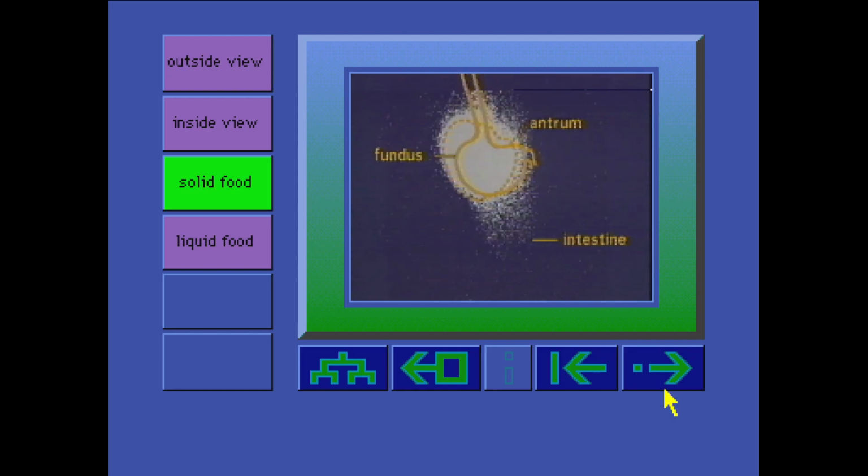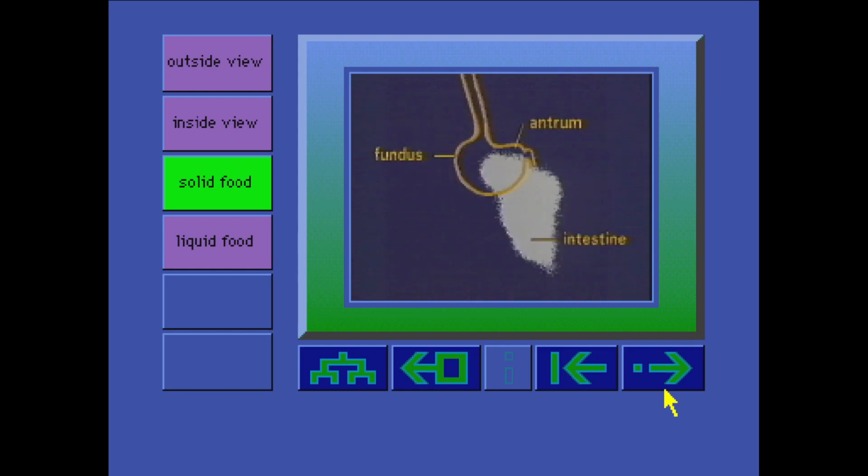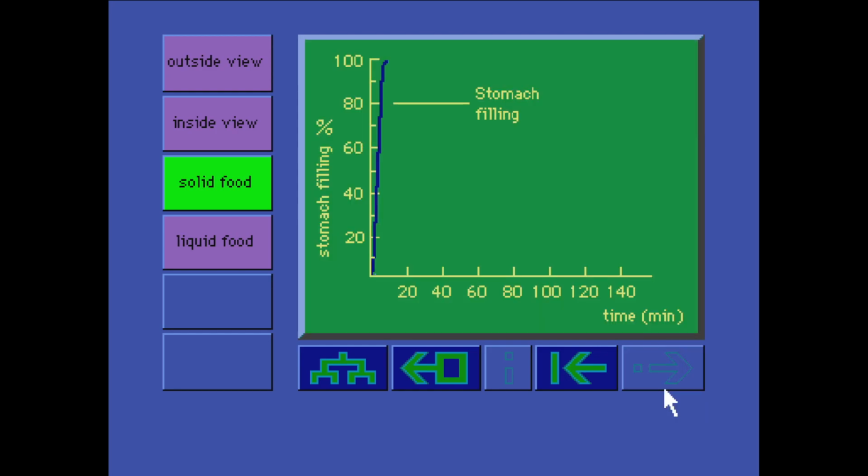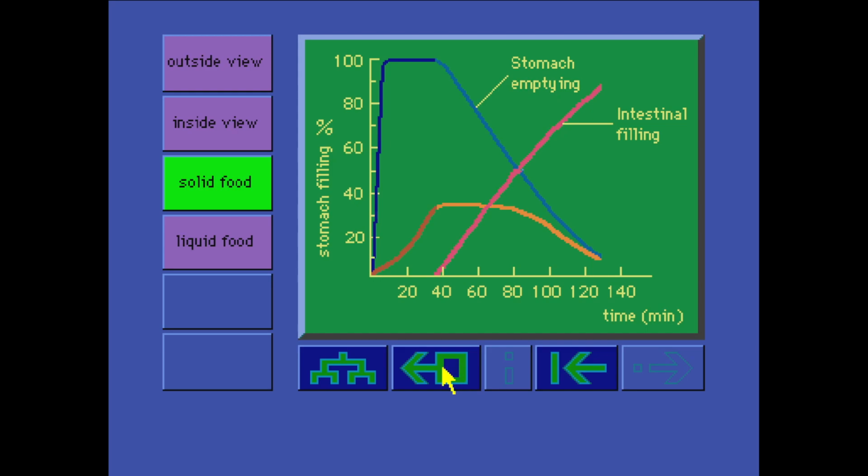In fact, the amounts of radioactivity appearing in the total stomach, in the antrum and in the intestine were measured as a function of time. When plotted in a graph, it appears that the stomach is rapidly filled. The food, however, is not immediately transferred to the antrum to be mechanically processed. In fact, it is only gradually released to the antrum to a certain plateau. This plateau volume of food is probably the maximum which can be handled by the antrum for optimal grinding and mixing. Only after grinding and digestion in the antrum has been